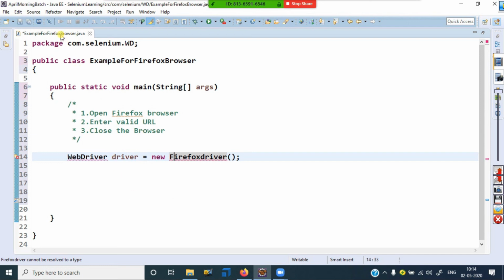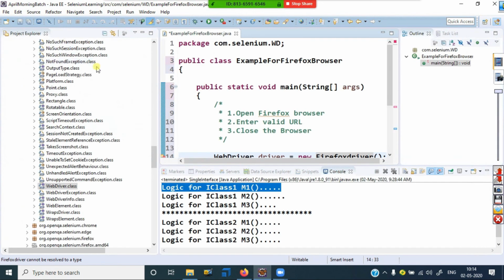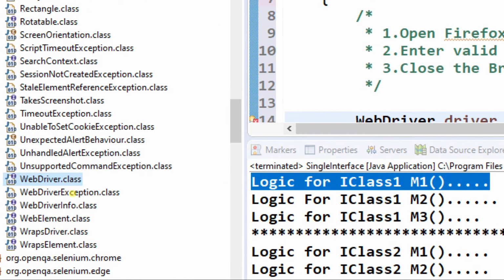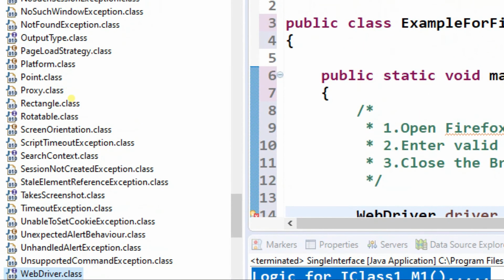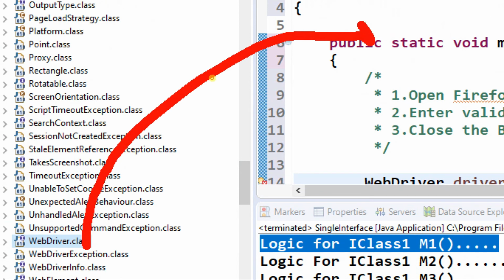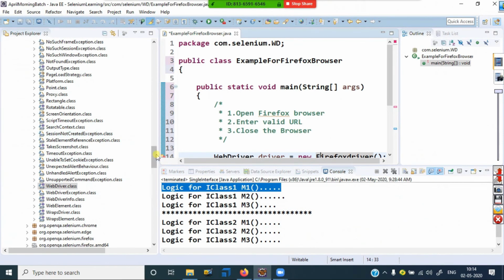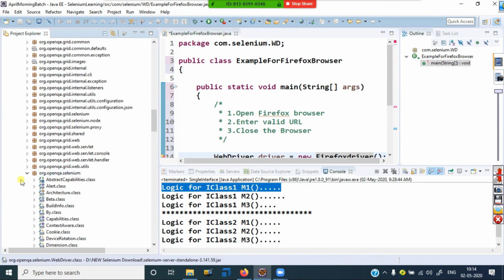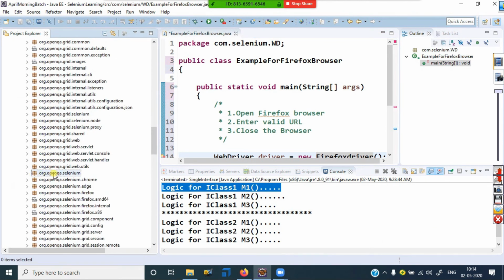Very simple. See, this is the interface. All the methods of this interface I want to access from some other package's class. This package has the WebDriver interface.